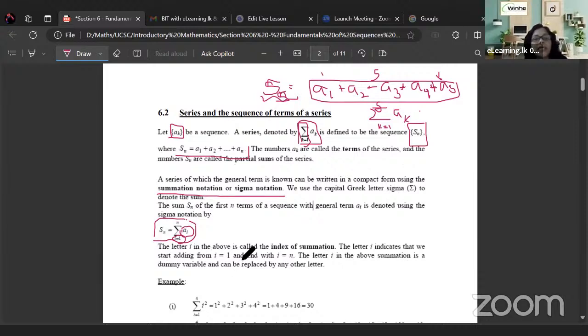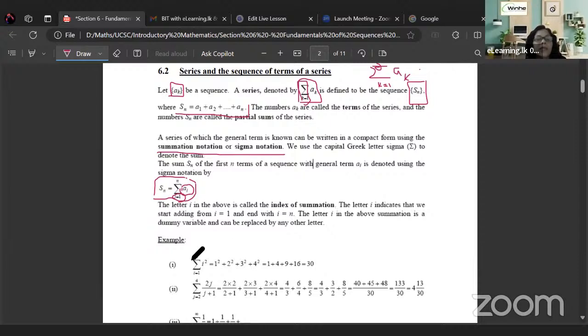Here it says the letter i is called the index of summation. Okay? So if you put i below the sigma, you don't need to put it in the upper part of the sigma also, right? අපි මෙතන i පහලින් දැම්මම අපිට උඩින් ලියන්න ඕනේ i equal 1 to i equal n කියලා. Instead of that, we write i equal 1 below and n above the sigma. Right?